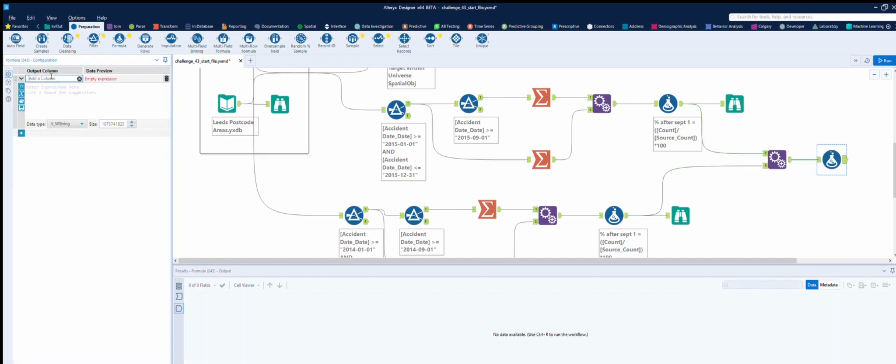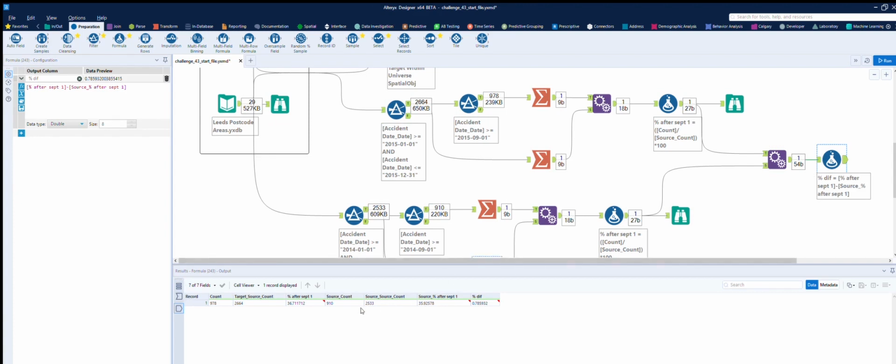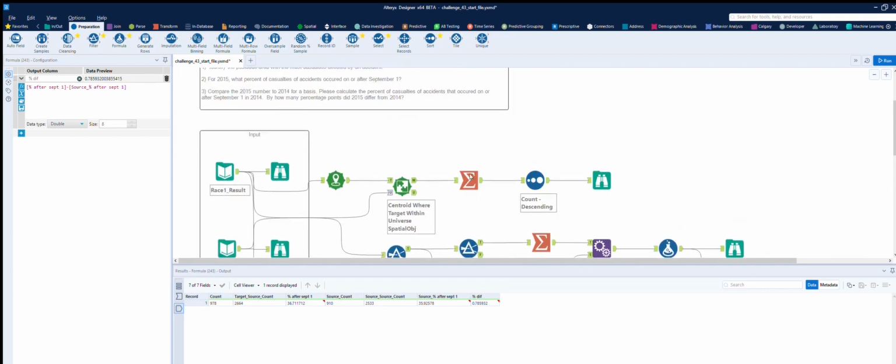So diff equals, I'm never quite sure whether it's, let's take that and then minus that. Okay, so let's run that. So the difference is 0.78%,